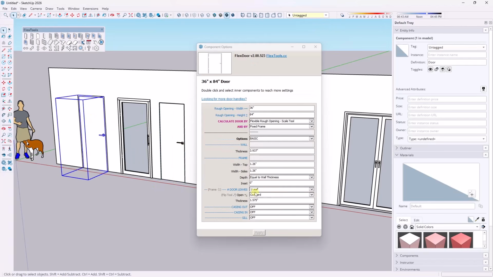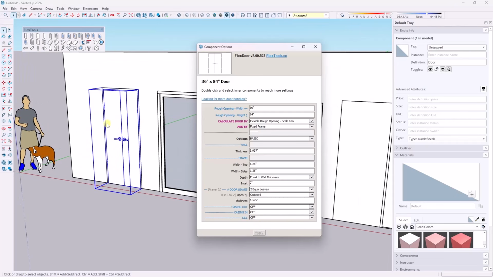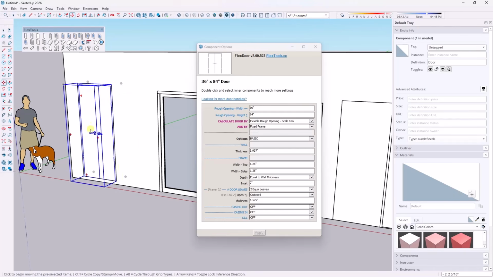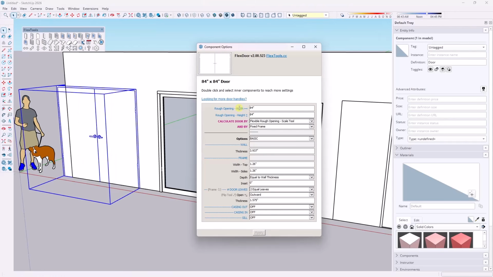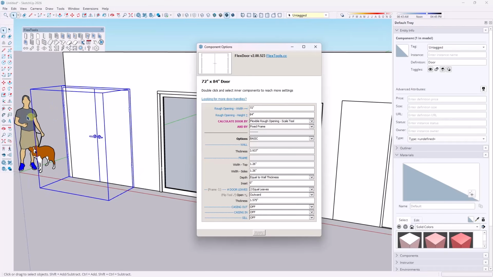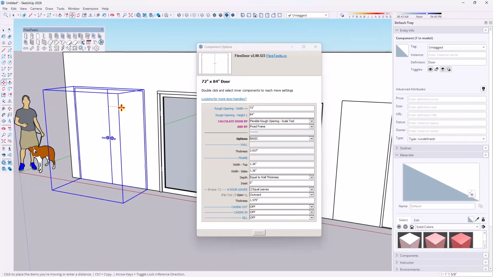So things like you can adjust number of leaves. So if I wanted this to be 2 leaves, for example, I could just apply that over here. Now I'm going to slide this over so I don't get any overlap with my door, but whoops, I could set this to be like 84 inches or something like that, or a little bit less, so maybe 72 inches right here. And so you can see how you can use this to create single doors, double doors, and then